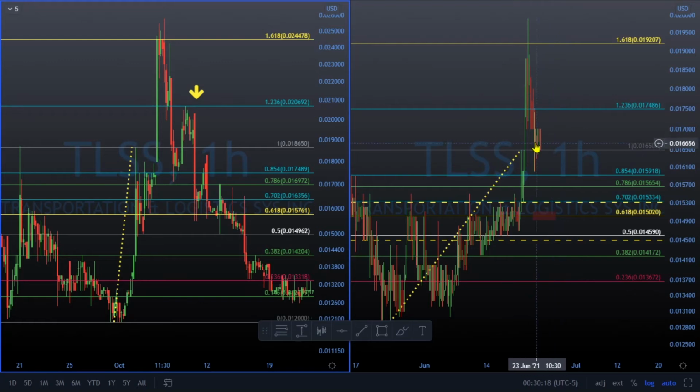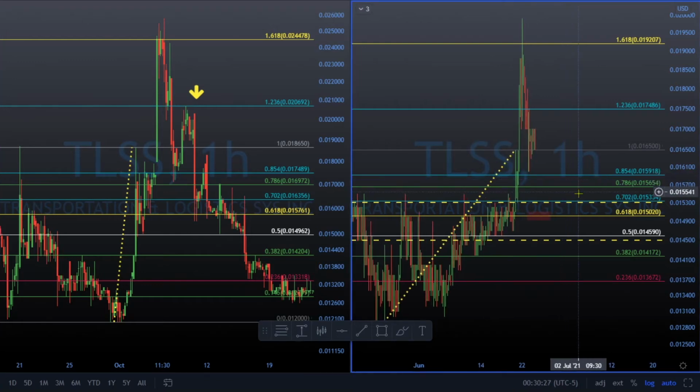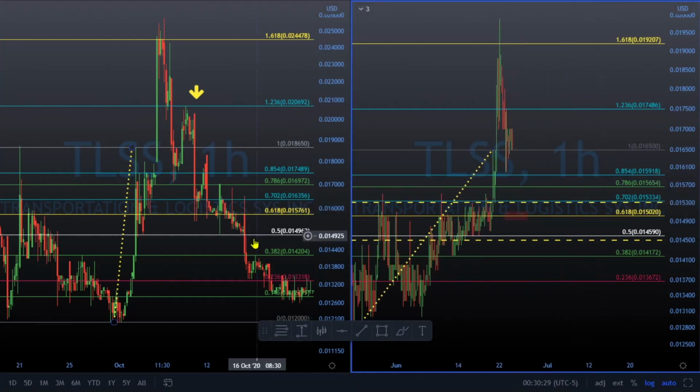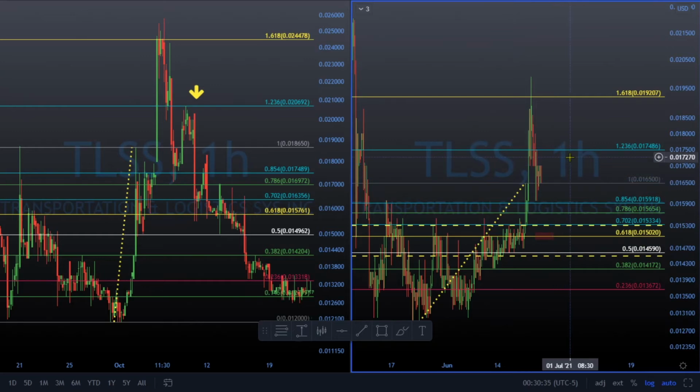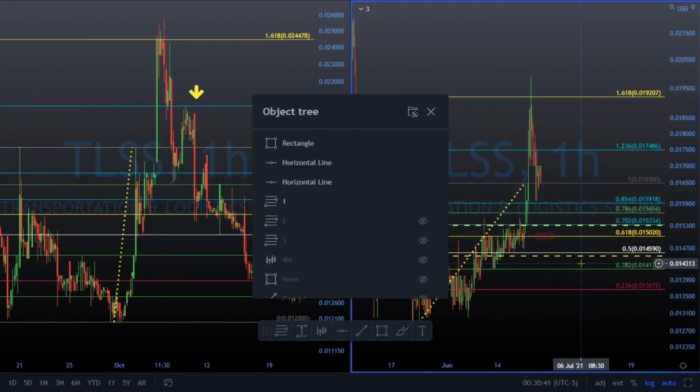And if anywhere in here we haven't had a news release, there's a good chance that we won't cross this level and we will continue playing this structure out. But there's an alternative, so there's another scenario. The scenario that we break 0.0175 tomorrow or Friday. And that scenario just happens to be,